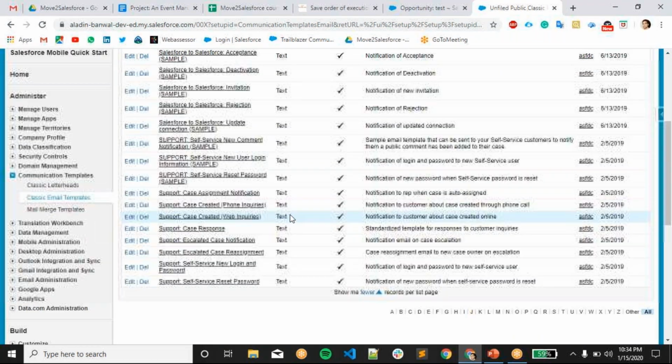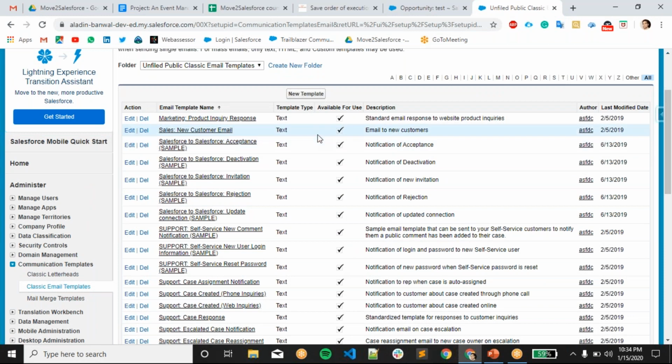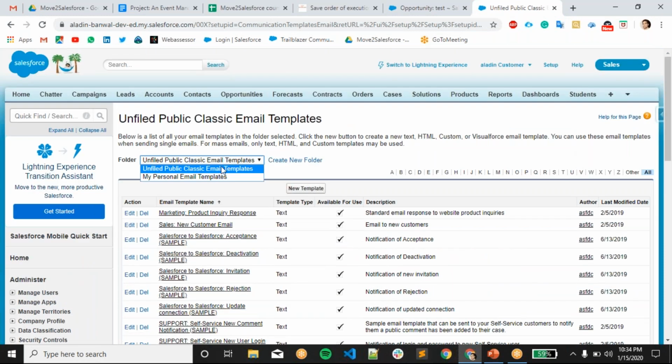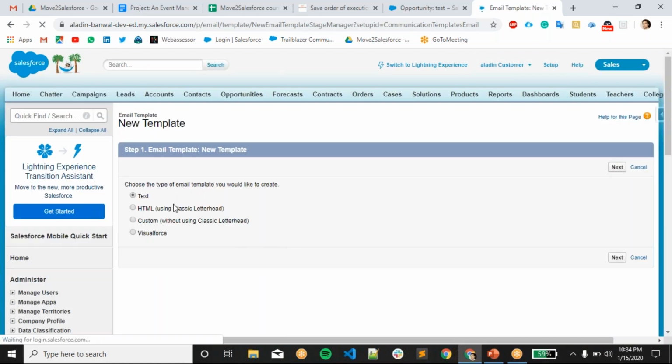These all are text type email templates. This will be the folder. You can create your custom folder over here. Right now we don't want to create any custom folder. We can create it later. When you are going to create an email template, it will ask you which type of email template you want to create. So let me go and create a text type right now.